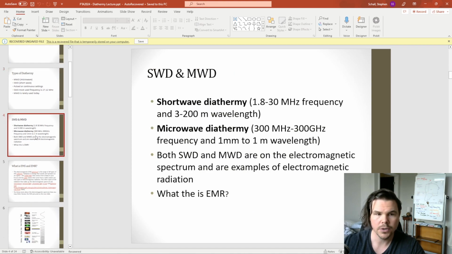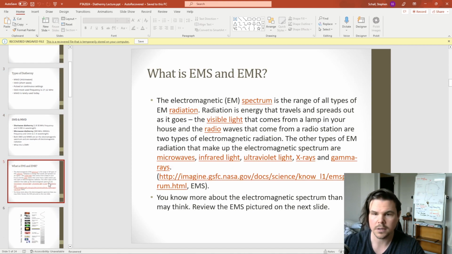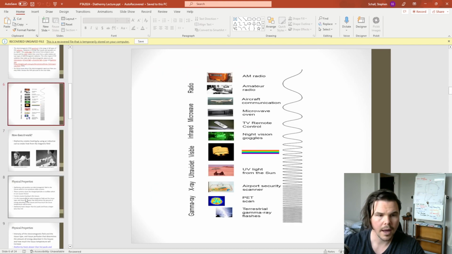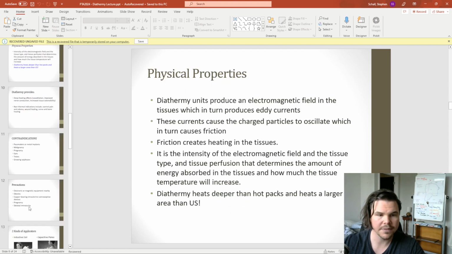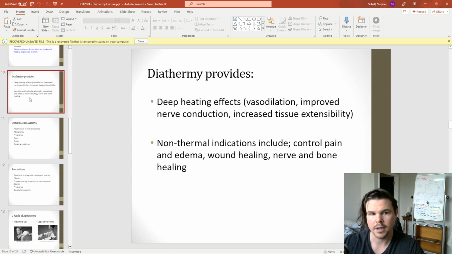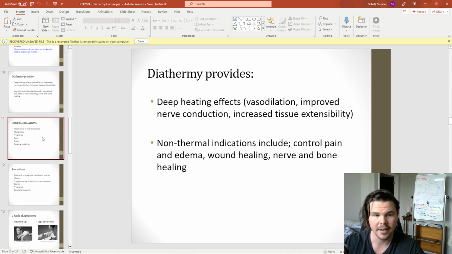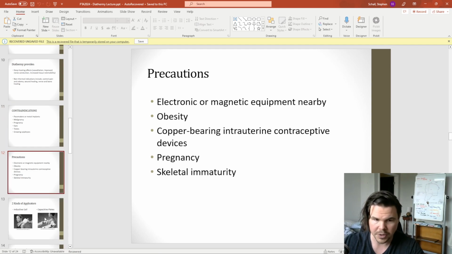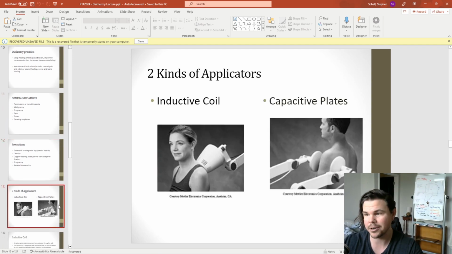Diathermy we'll use, I would understand how the two types of diathermy, the fact that there are two different sort of intended effects in terms of deep heating versus non-thermal effects for controlling pain and edema and all that. Always contraindications, always precautions, the types of applicators that you can use,